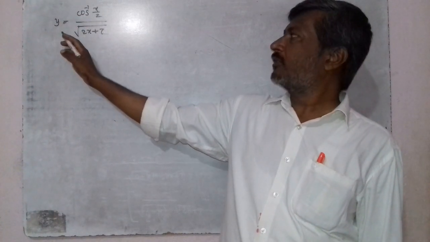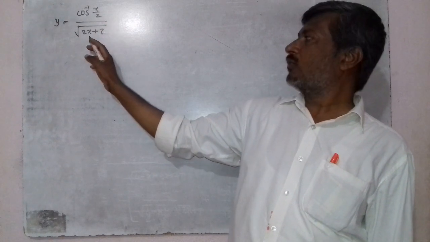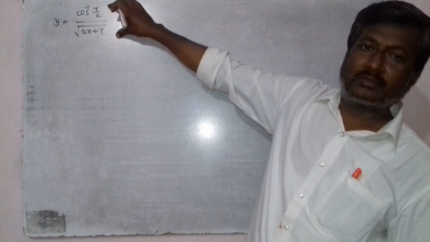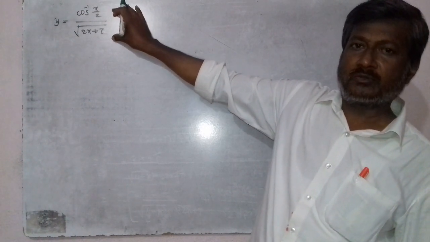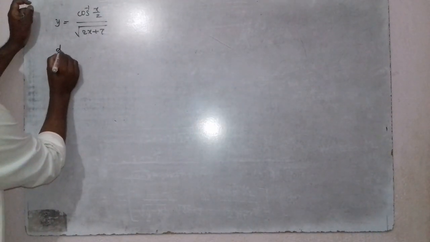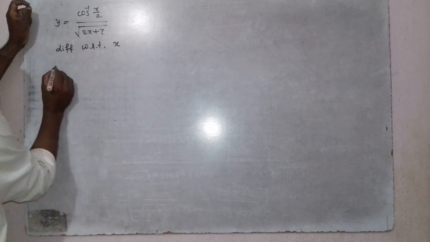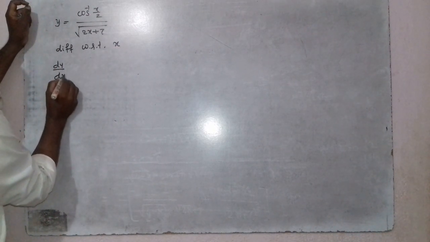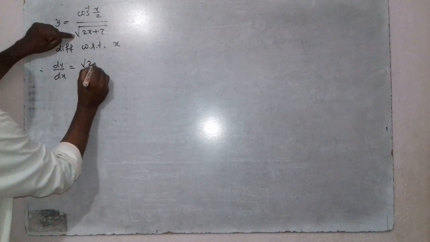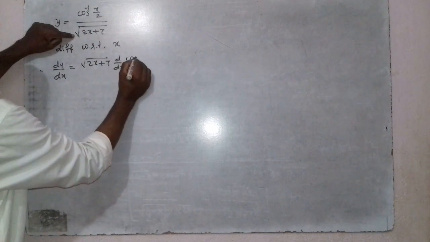Consider y equal to cos inverse (x by 2) divided by root of (2x plus 7). So quotient form it is. We have to apply the quotient rule to find the derivative of this function. Differentiate with respect to x: dy by dx equals denominator root (2x plus 7) into d by dx of cos inverse